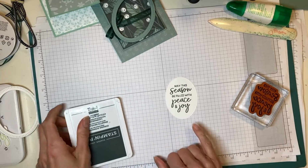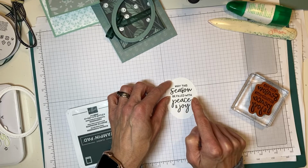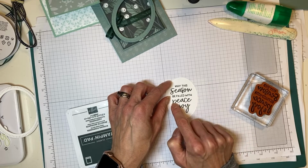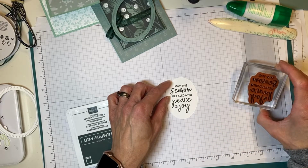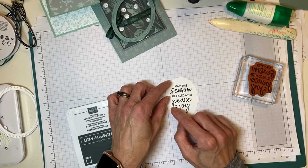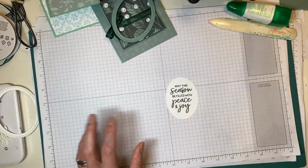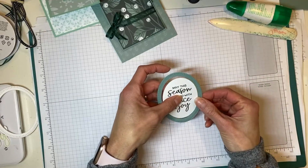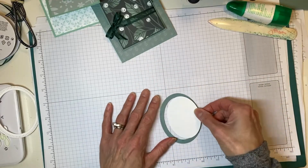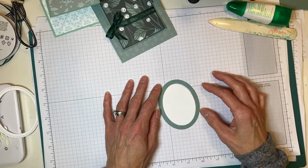And now, if we wanted to, we could bring out a third color, especially if we were going to color those berries, and we could stamp the Peace and Joy again on another piece of white and then fussy cut it and put it over top, which I think would look really pretty. We might not. Okay, so what I'm going to do here, so this is this little trick I've been doing with this, is I have been...